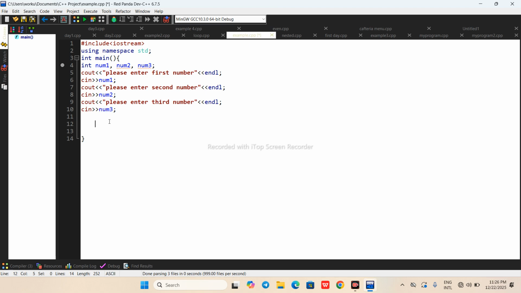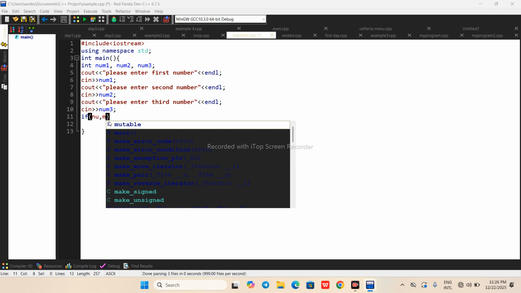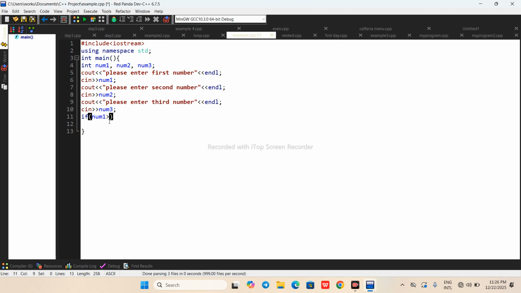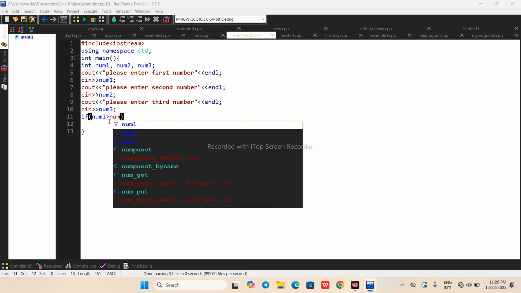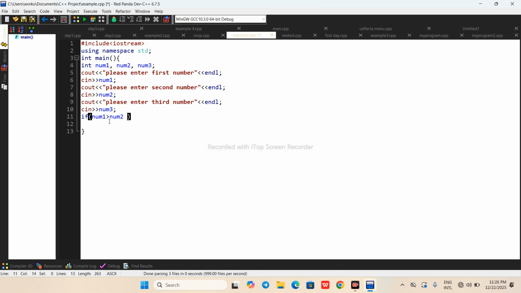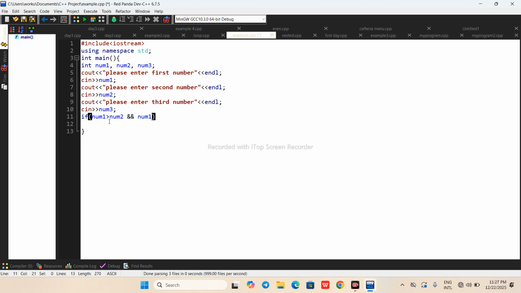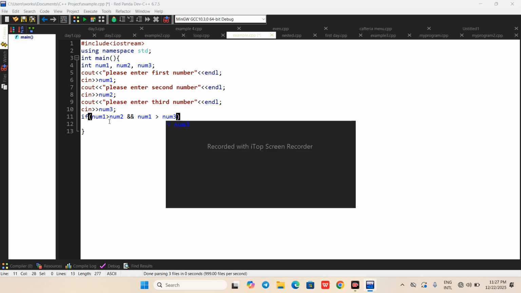So after we accept three numbers from the keyboard, now we apply if control statements. So how can we compare three numbers? If num1 greater than num2 and also num1 greater than num3.